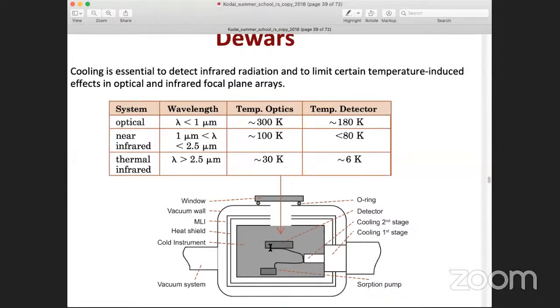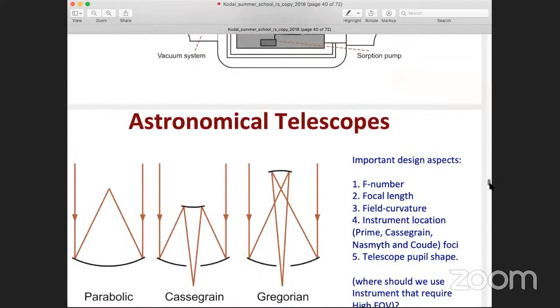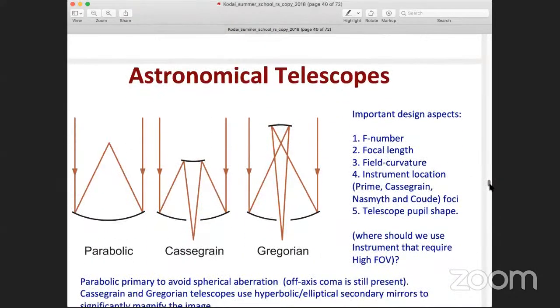So we have the whole instrument inside a dewar, where we have a vacuum wall to minimize heat transfer. And then there's a heat shield, and the cold instrument is sitting inside the dewar. So all these technologies are required for doing astronomical instrumentation in the infrared region. Now, going to these